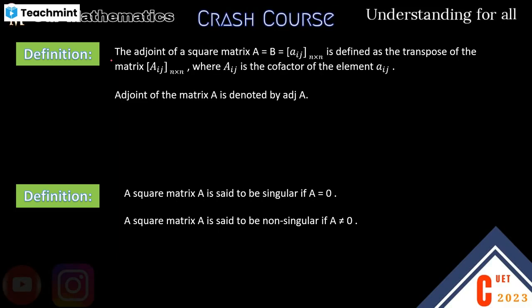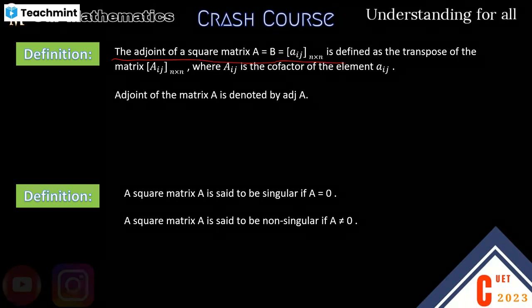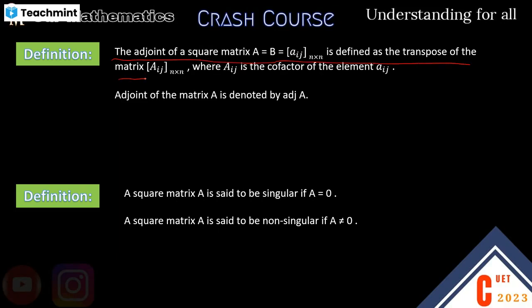The adjoint of a square matrix is defined as the transpose of the matrix aij, where aij is a cofactor of the element aij. So the adjoint of the matrix A is nothing but